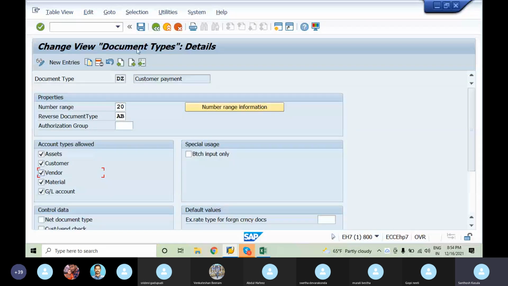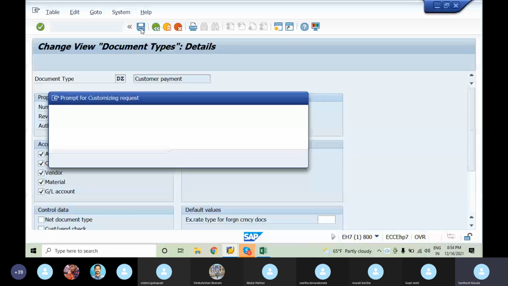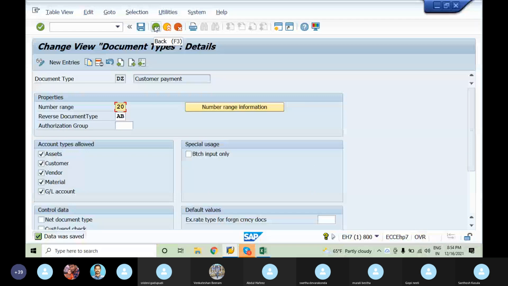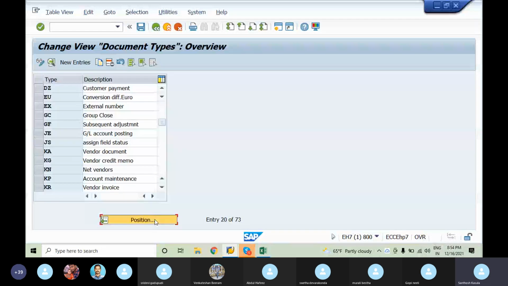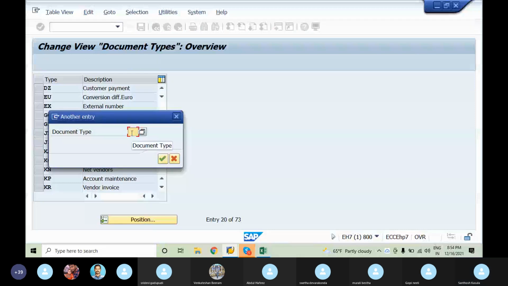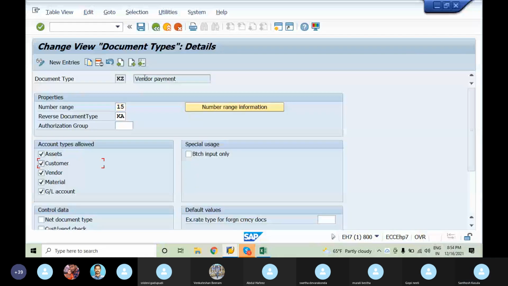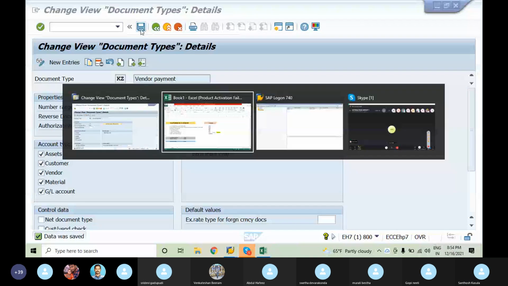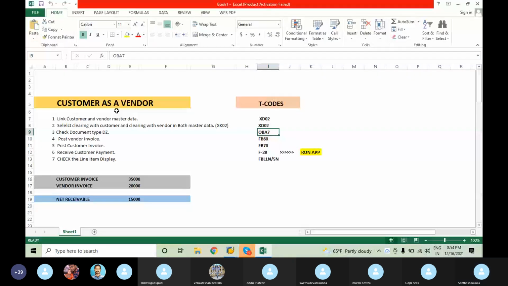Only then can this document type and the customer document type be set off, so we can get the final netted amount. In a similar manner, KZ, which is vendor payment, we need to select the customer. Now we are done with the linking, the clearing with the customer, and the document types.